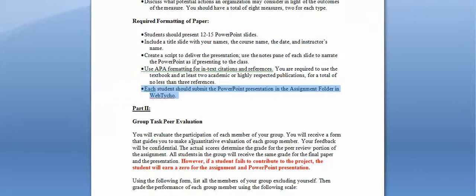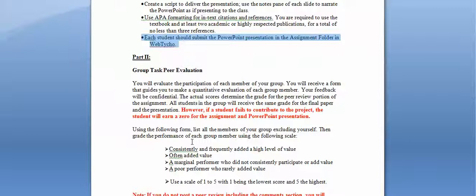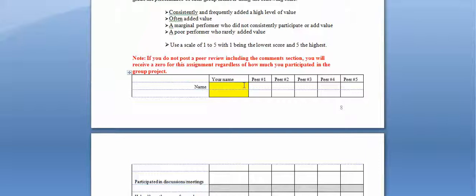So that's part 1. Part 2 of the group project, though, is an individual assignment for you. So the first part is totally a group project. You all will work on that together, and you will each get whatever the final copy is, and you'll submit that at the end of week 7. Also at the end of week 7, each of you should do a group task peer evaluation. A little bit later, you'll find in the course content area there will be a matrix for you to use. It's actually found right here in your syllabus,